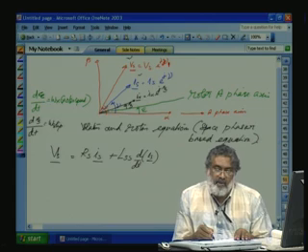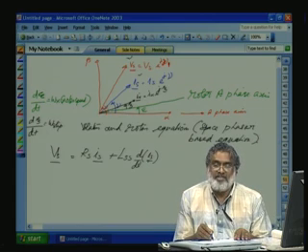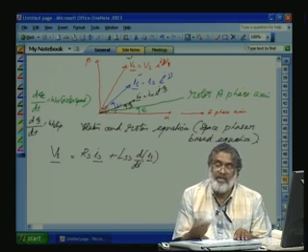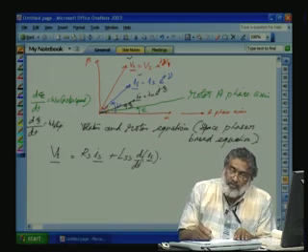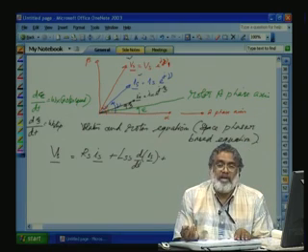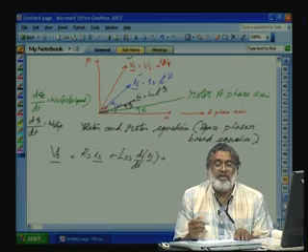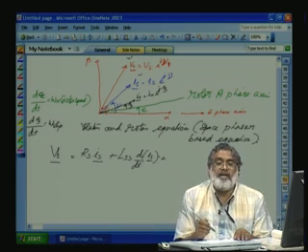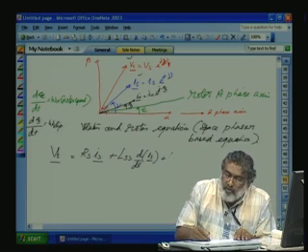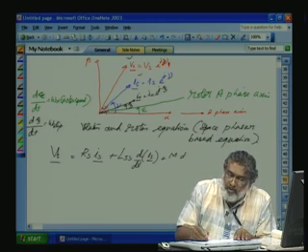The moment we take d by dt of Is, Is has a magnitude as well as an angle, both are varying, so we take care of the variation of both. Now, there is a mutual inductance between the stator and the rotor, so there is a coupled voltage to the stator due to the rotor current. So, what will be that? Due to the mutual inductance M into d by dt,